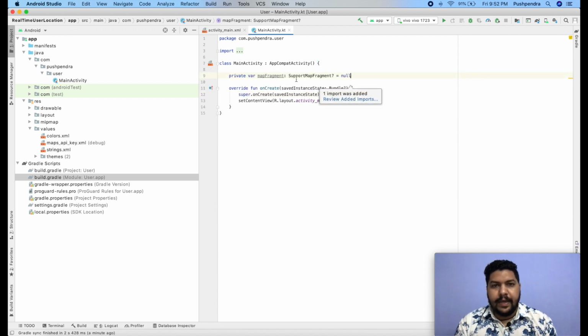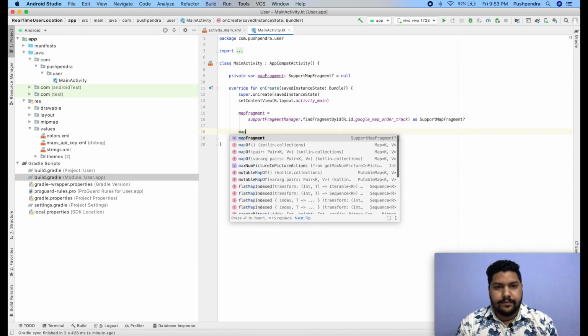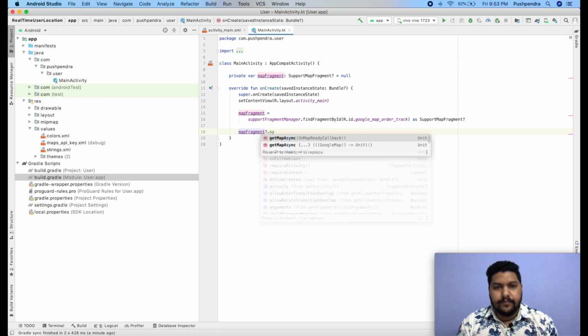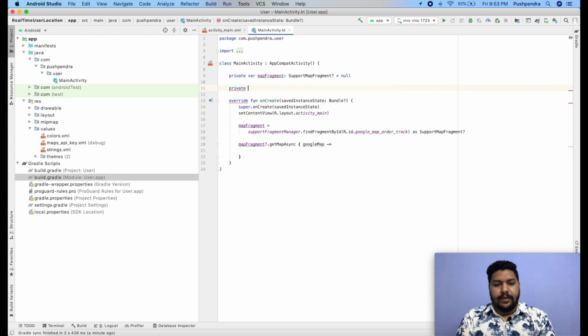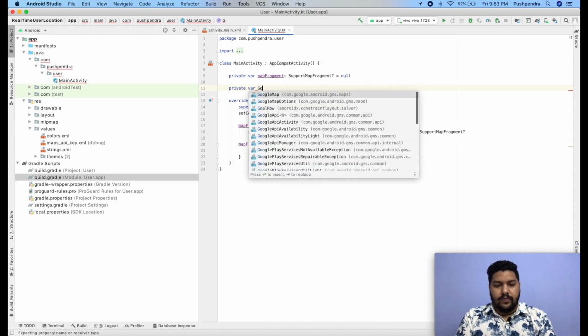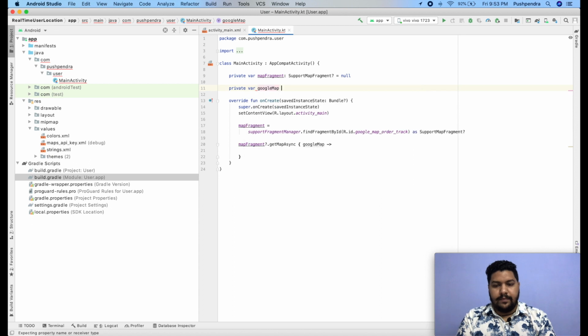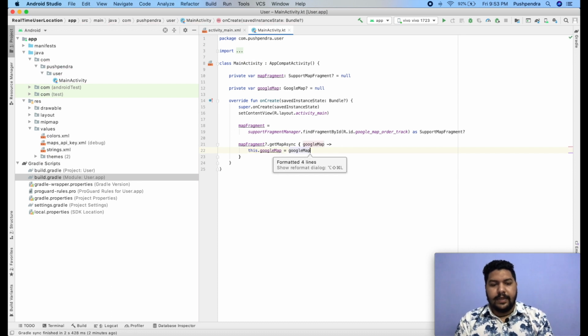Private var mapFragment. Here it is. Now mapFragment dot, and it will be private var, a Google Map type, by default null, and it will be this dot googleMap equals googleMap. Done.